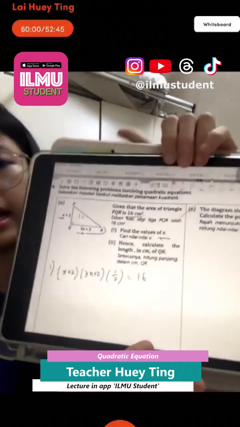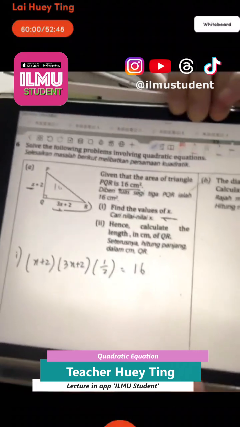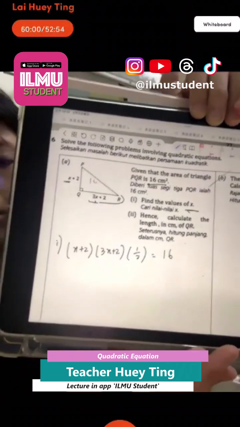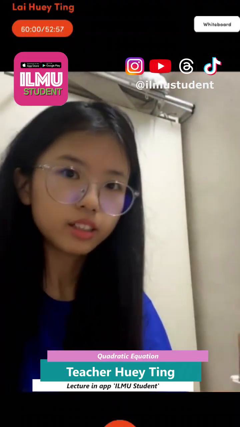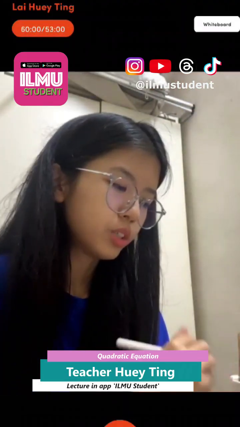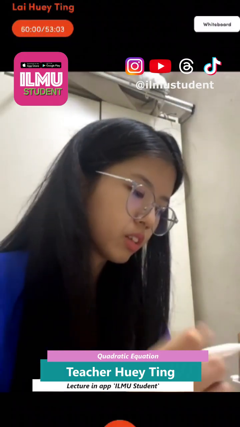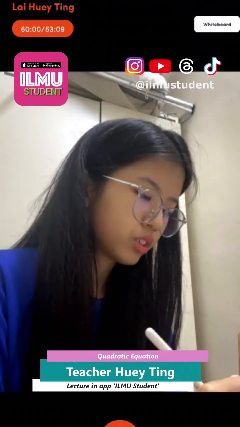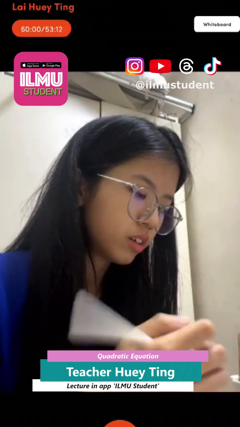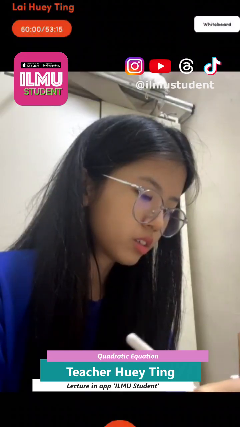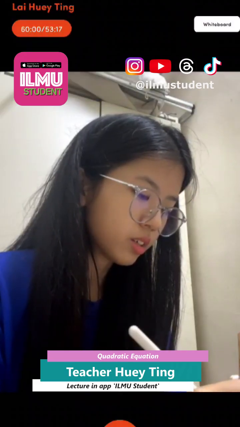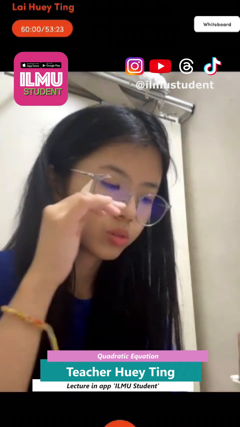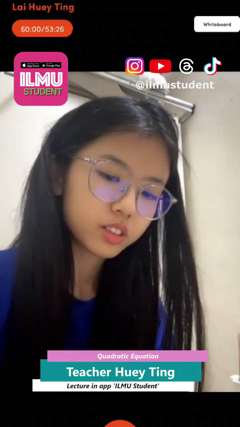Okay, so the first line of the formula will be like this. So using the formula of the area of triangle, we formulate the equation. After that, we just simply expand it. So we can get the answer is 3x squared plus 6x plus 2x plus 4 equal to 16, 32, and then